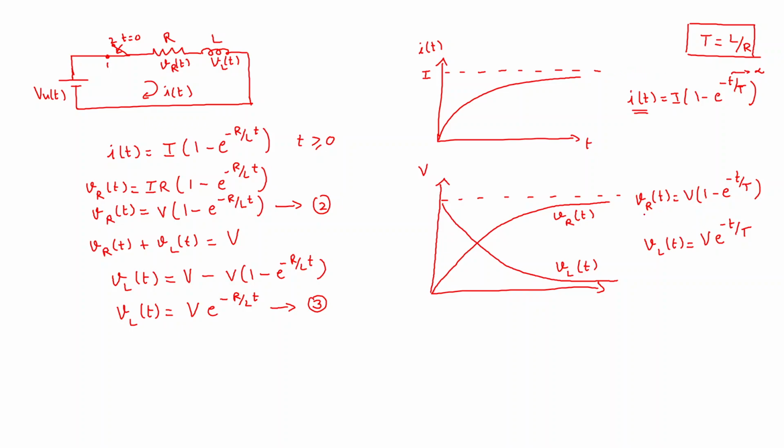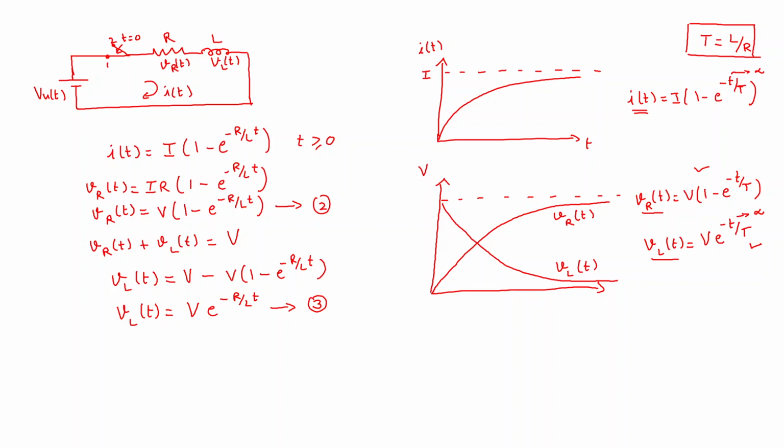Now here you can see the voltage across the resistance, this equation, and the voltage across the inductor, this equation, both pictorially shown. Voltage across resistance exponentially increases according to this equation, and voltage across inductor decreases exponentially according to this equation. At time t equal to infinity, anything to the power minus infinity becomes 0, so the voltage across the inductor will become 0,